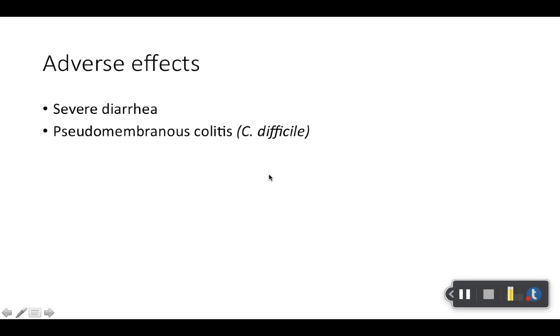have to be as concerned about these adverse effects. And so with the topical application, it's going to be more of what they call localized adverse effects. So it's wherever you apply it, you may have irritation to the skin, for example, would be an adverse effect you're more concerned about with clindamycin topically. But if you're giving it IV or PO, you'd definitely be thinking about the GI adverse effects and then specifically